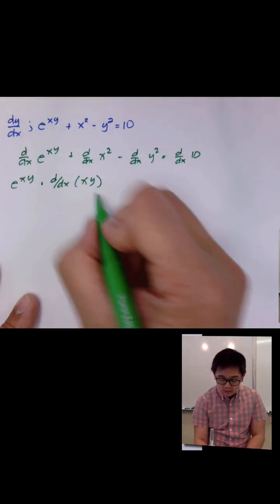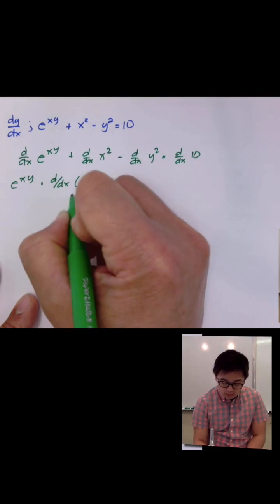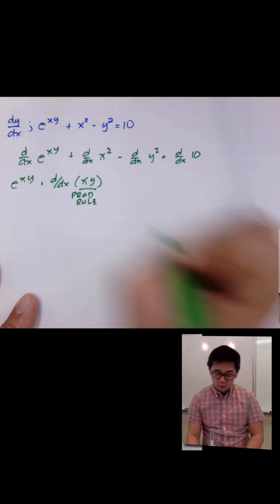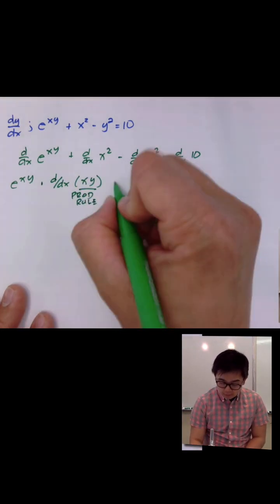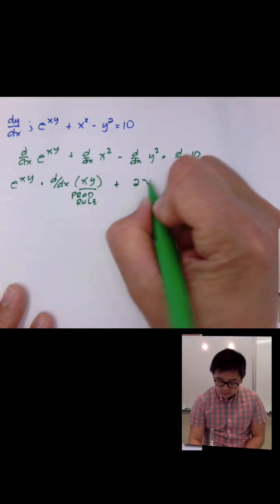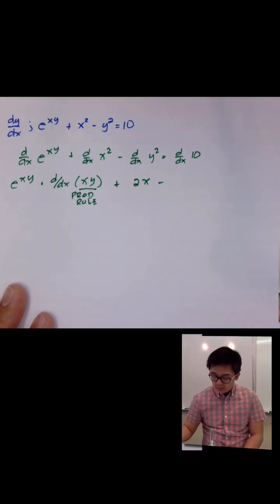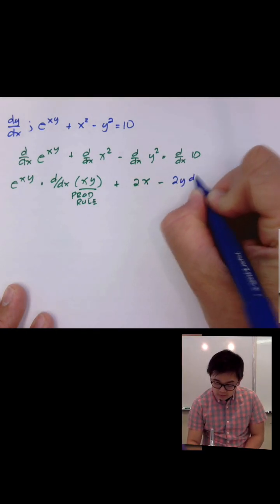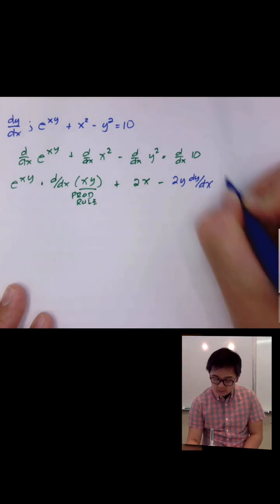And we'll do that later on because we're going to be using the product rule for this function. Plus the derivative of x squared is 2x minus, this time we'll have 2y dy dx